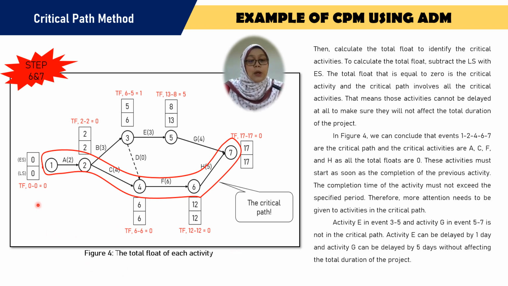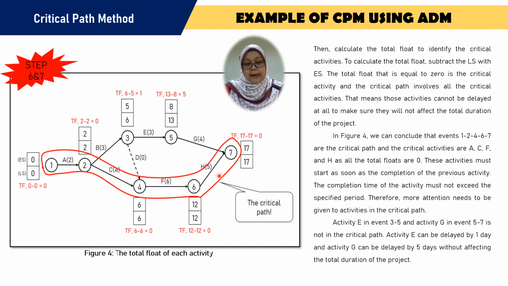the total float at node 1 is 0. Also node 2 is 0, node 4 is 0, node 6 is 0, and node 7 is 0. So automatically events 1, 2, 4, 6, and 7 are the critical path. And the critical activities are the activities on the critical path, which are activity A, activity C, activity F, and